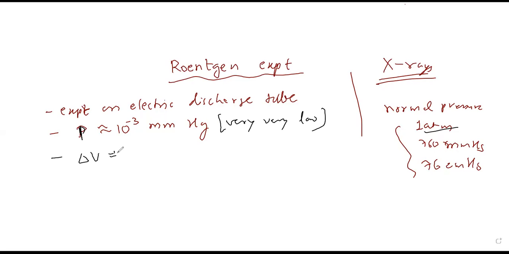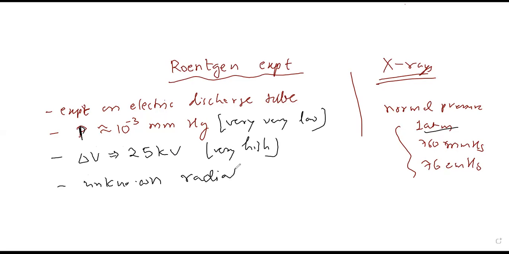He kept the potential difference between the anode and cathode at 25 kilovolt, which is very high, right? So he found that when he maintained a very low pressure and a very high potential difference between the anode and cathode, some unknown radiation was